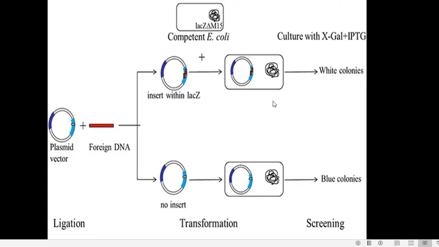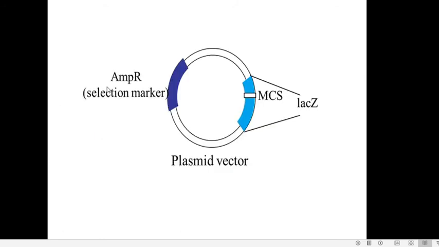But suppose you imagine this host cell, it didn't take up any vector, either this recircularized vector or the recombinant vector. Both these vectors were not taken up by this cell. Will it grow in ampicillin? No, because it doesn't contain the ampicillin resistance gene, so it will not grow in ampicillin. So if you are preparing the medium containing XGAL with ampicillin, in the first step itself, the non-transformants can be eliminated. So we will come back to that table.